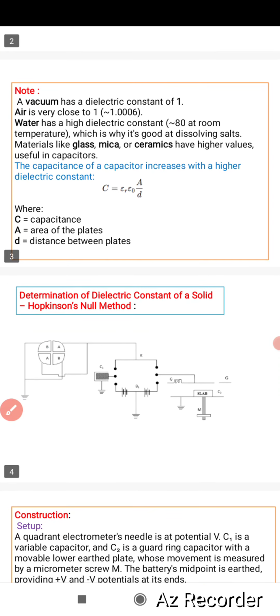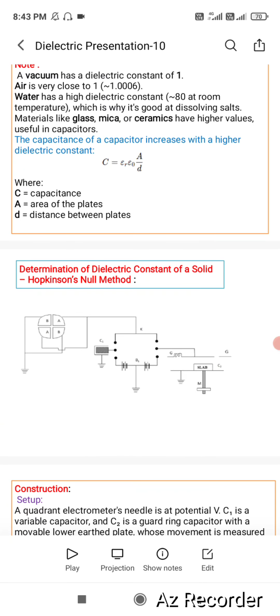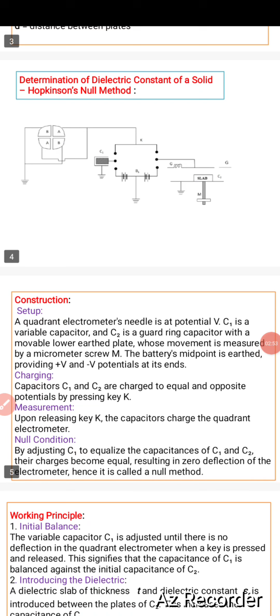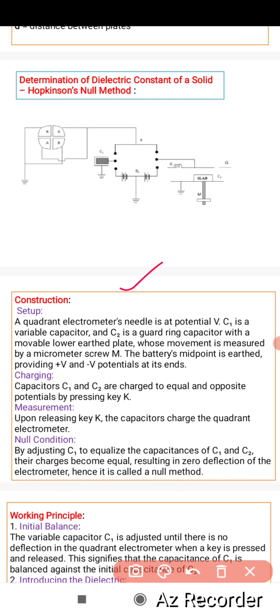Next, we will see the determination of the dielectric constant of a solid by Hopkinson's null method. The experimental arrangement of this Hopkinson null method is as shown in the diagram. So first we see the construction and setup. It has a quadrant electrometer with needle potential V. Here C1 is a variable capacitor,